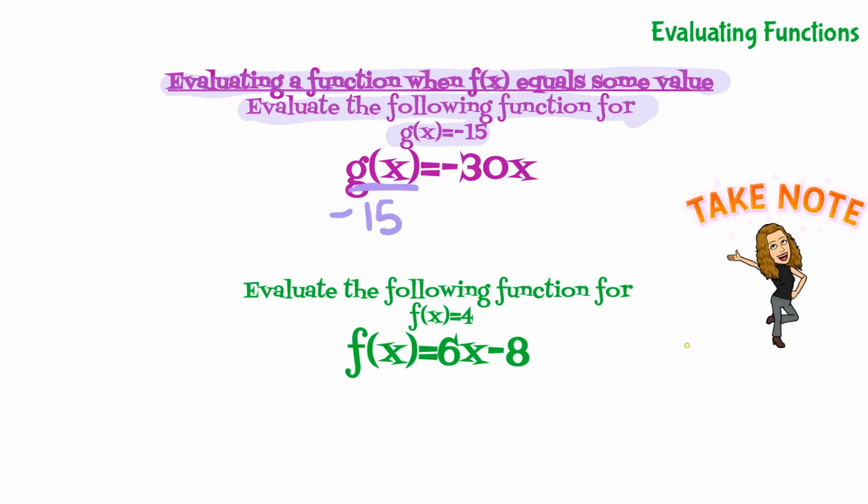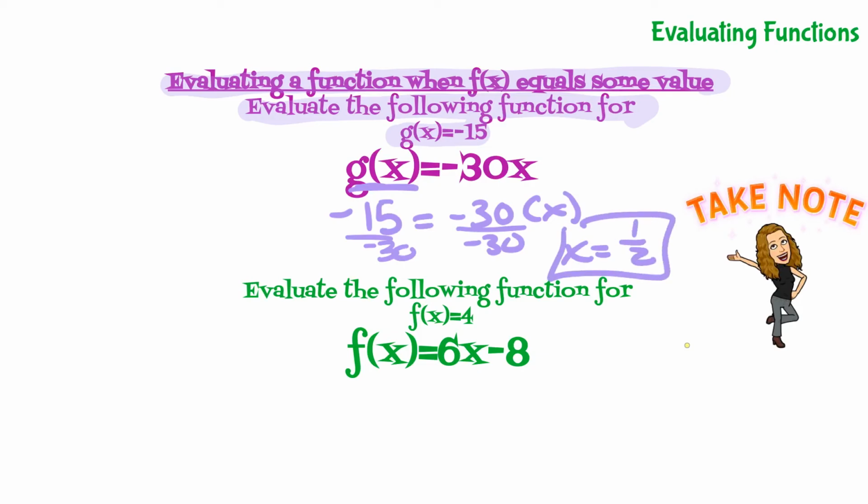So negative 15 is equal to negative 30 times x. Divide both sides by negative 30. I get x is equal to 1 over 2. So now it's telling us to set our equation equal and solve for x. So here we're solving